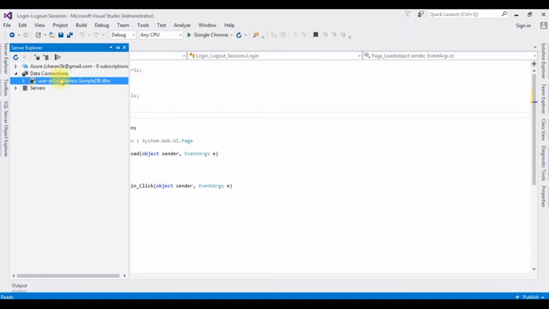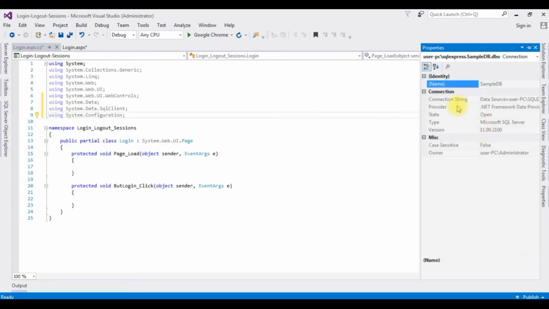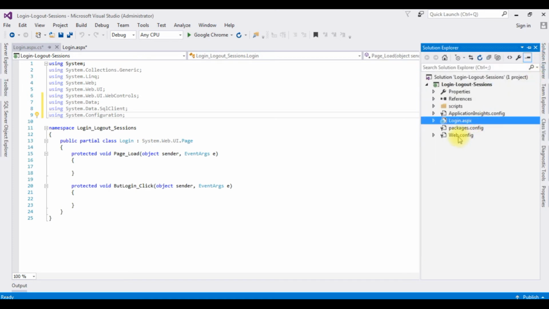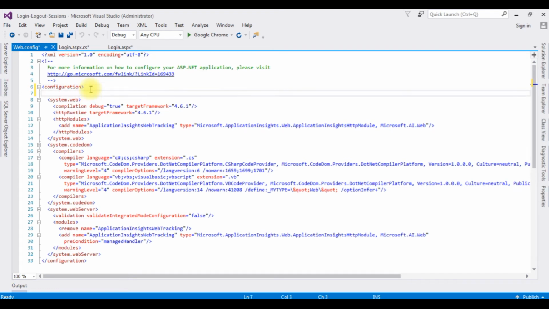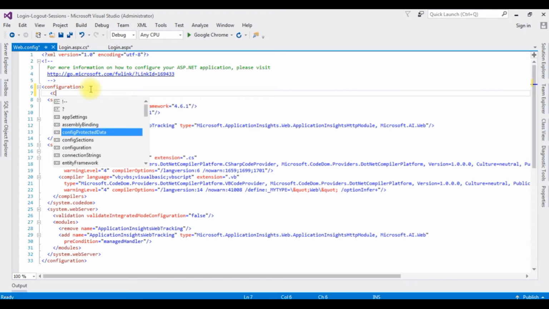And here we got the data connection sample db.dbo, but we need the data source for this sample db. Right click that sample db.dbo, properties. In the connection string, copy this whole part, go to Solution Explorer, open the web.config file, now above the system web and after the configuration, I'm adding connection strings,